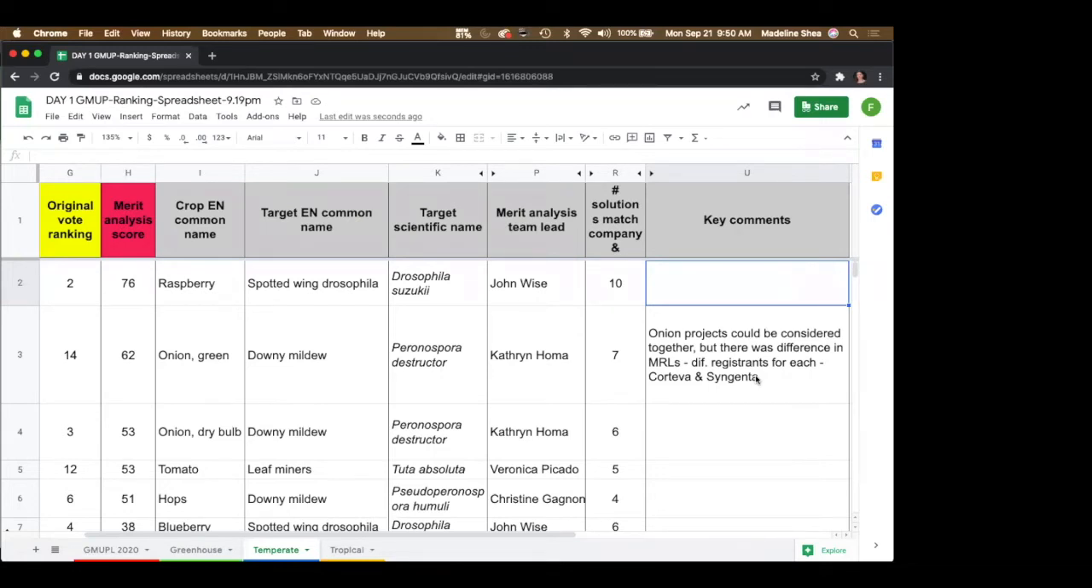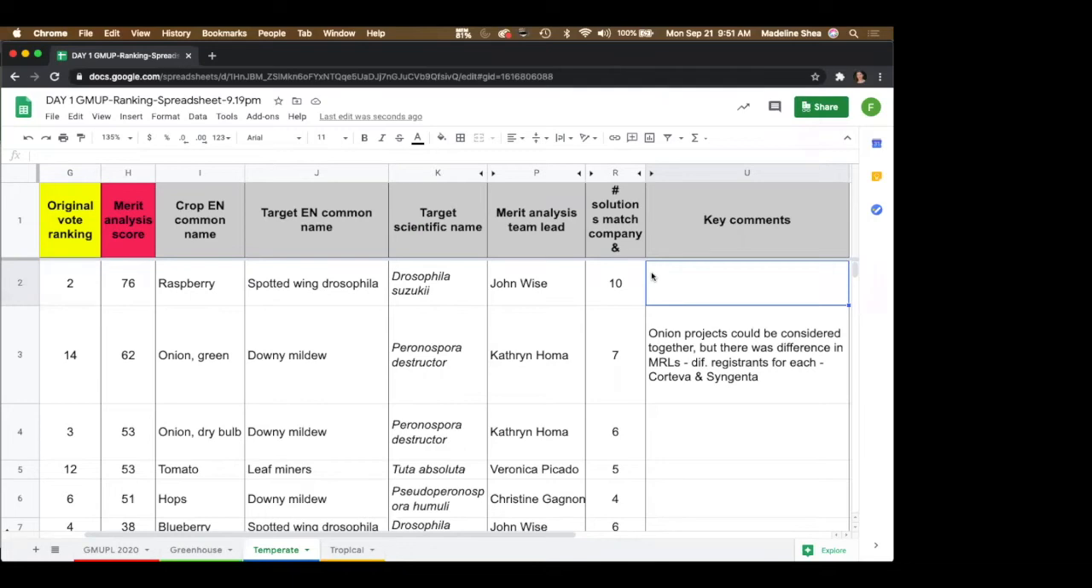Okay, so that's something that should be considered. Let me just give an example. If it appears that raspberry spotted wing Drosophila is going to end up with a high ranking, whether that's number 1, number 2, number 3, we don't know that yet. But if there was consensus that it was a high ranking, then we know that the blackberry would end up